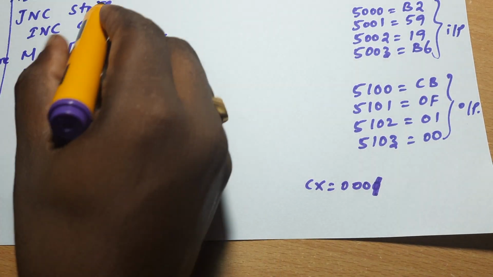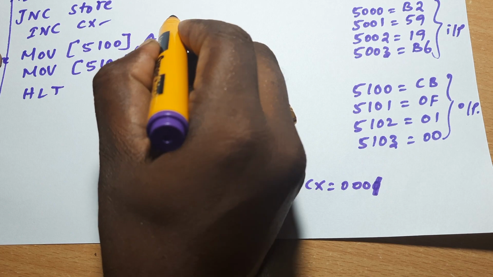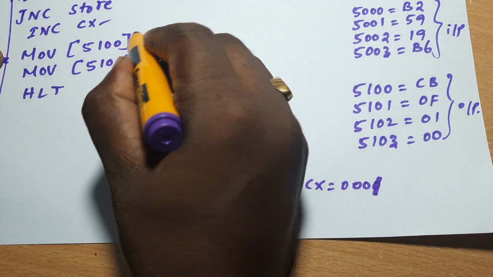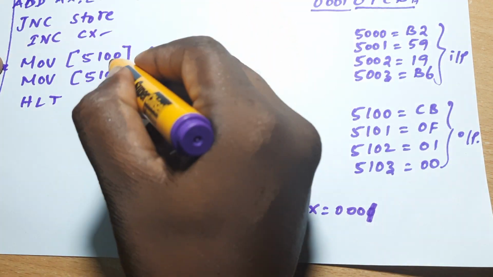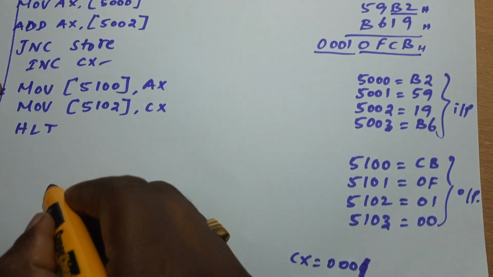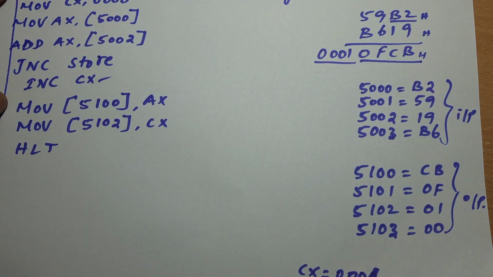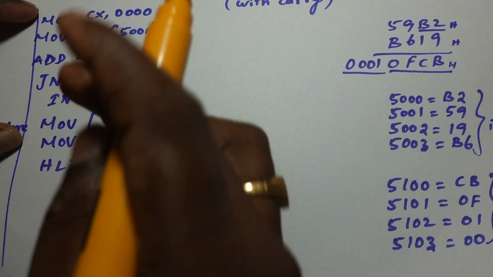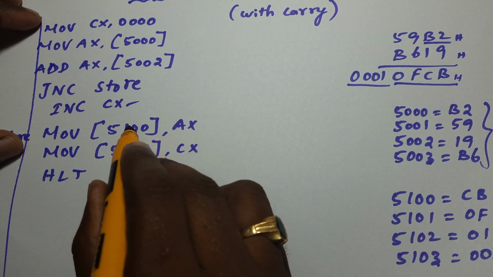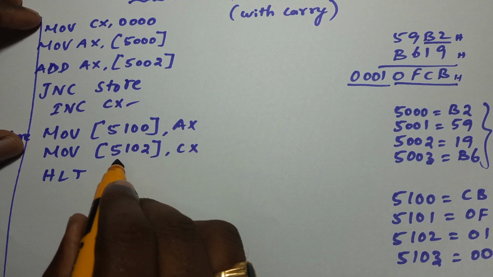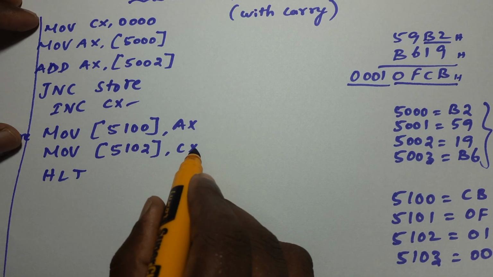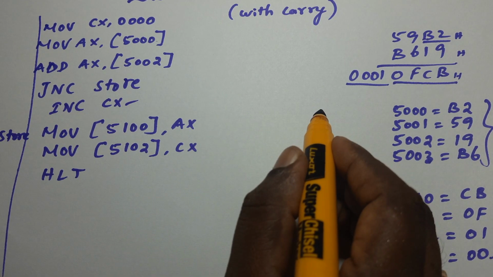Then automatically this instruction will be executed. This is a label, right? I said it is sequential, one by one execution; only the control instruction can change the execution order. So AX value is stored in 5100, CX value now becomes 0001,